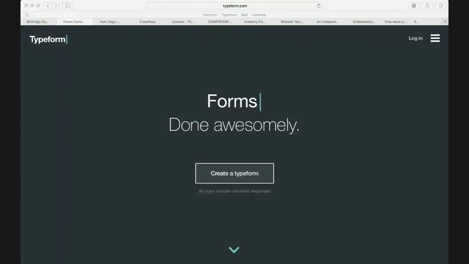So a few tools that I'll be walking through today would be Typeform, which is a really sexy form builder that we always love to use. We'll be using Strikingly, which is a very simple landing page builder, which I think everyone should really learn the skills to master. And thirdly,